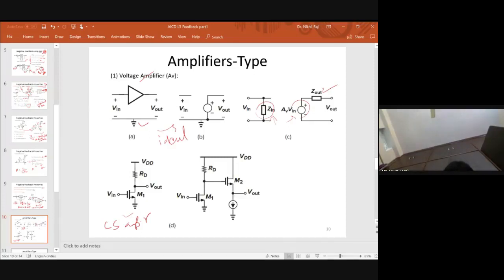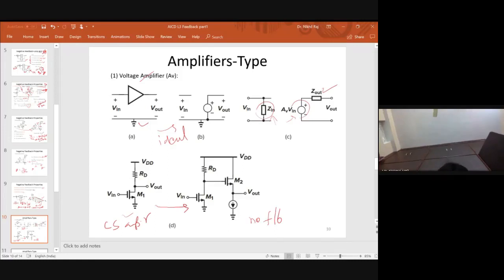Now in this amplifier, if I want to improve the performance, this is another improved version of this one. Now I want to predict which type of amplifier this one is. Suppose this is the circuit, and there is still no feedback here, because the output is not connected back to the input through any path. So the question is which type of amplifier this is.